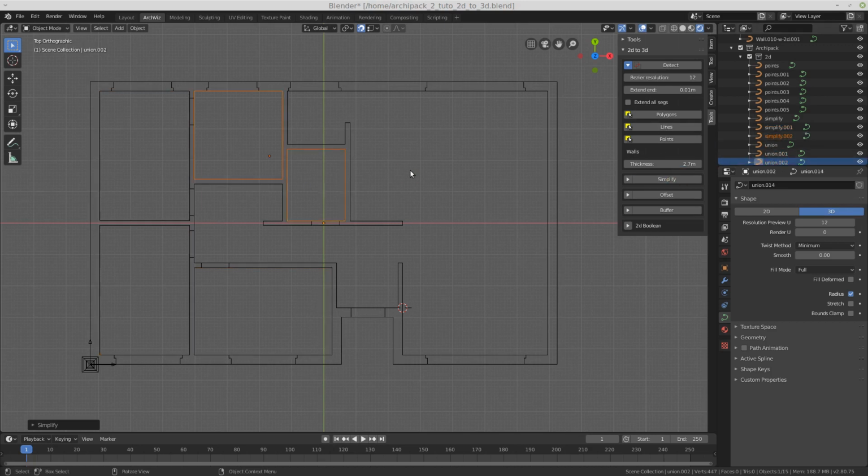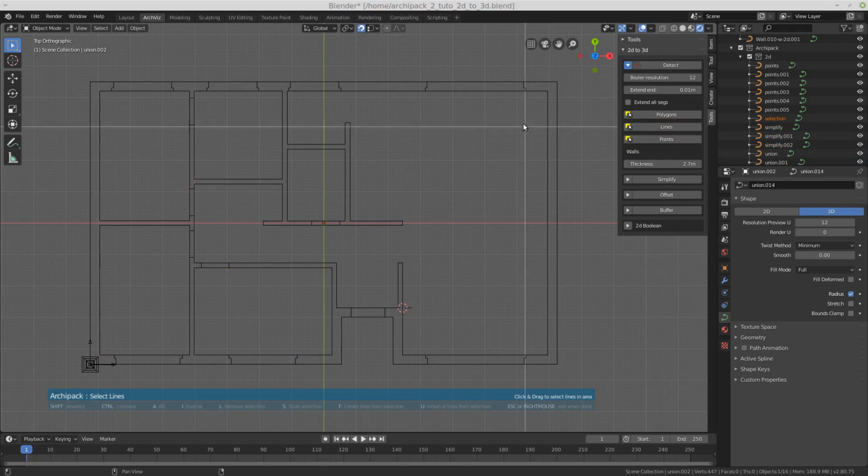Now I want to create lines for the moldings. So with the line tool, I'm able to select the segment I need for that. So this one.